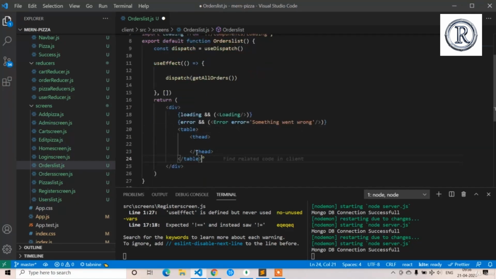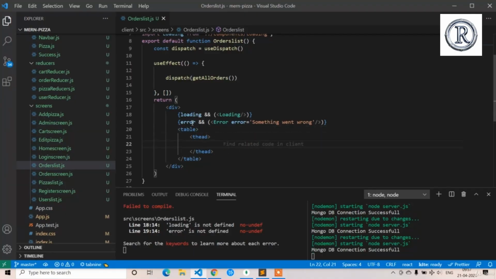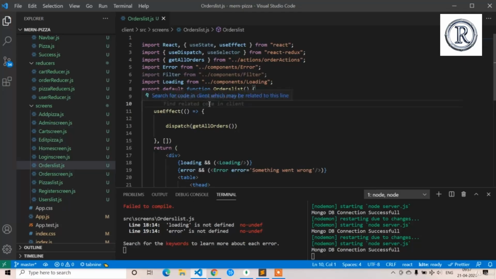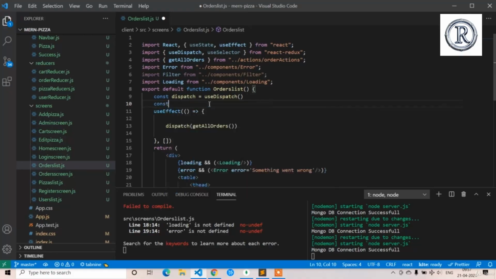So before creating the table, first I'm going to create the bootstrap row. So here the bootstrap row is not necessary because in the admin screen already we have wrapped these orders list in the row only, so it's not necessary here. So loading and error not defined, so we forgot to write the state for get all orders. Const orders state,